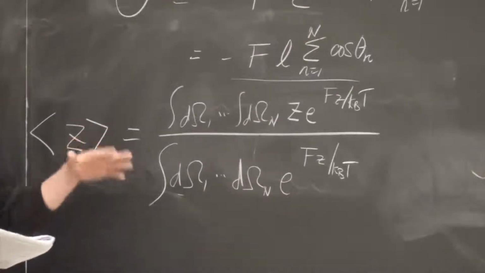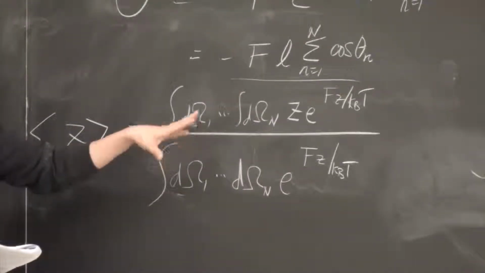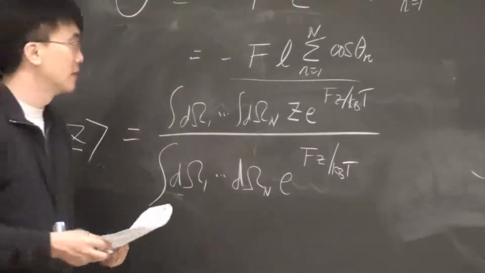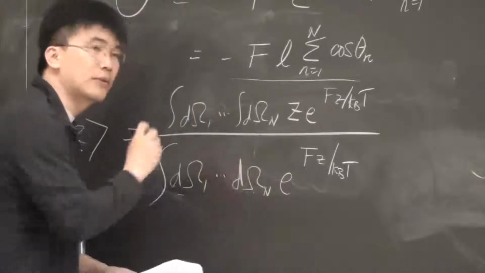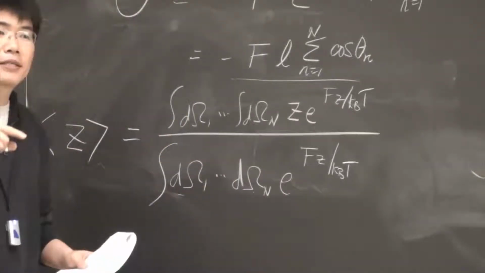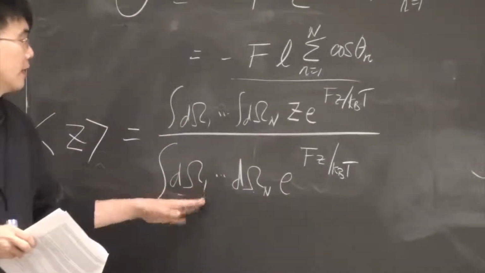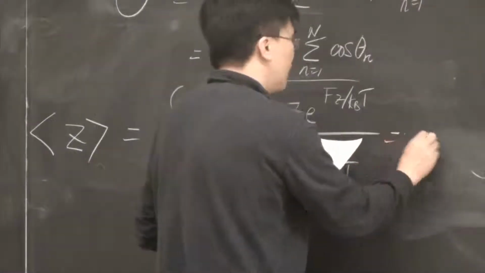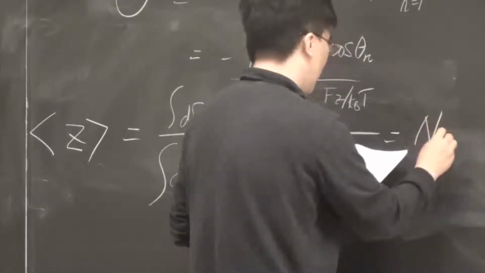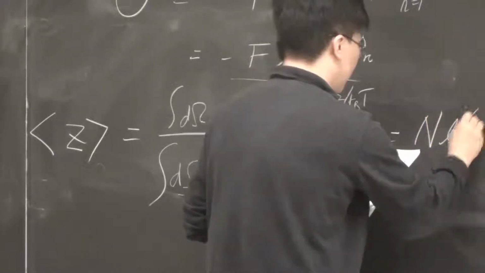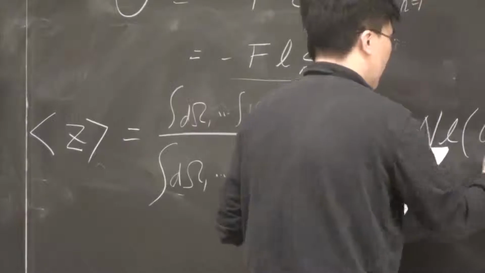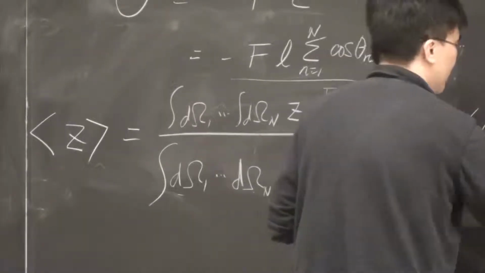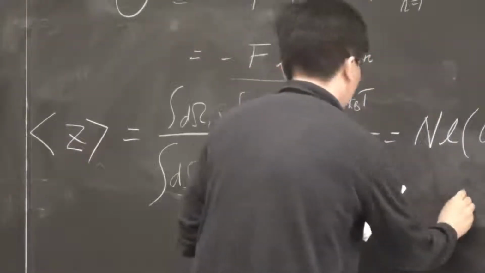If you want to use the language of partition function, what's in the bottom is the partition function, and so on. And then omega 1, omega n, and so on. This is the angular space, and you're averaging over all possible angles here. If you do that, then in the end, what you're getting is n times L times hyperbolic cotangent alpha minus 1 over alpha, where alpha is